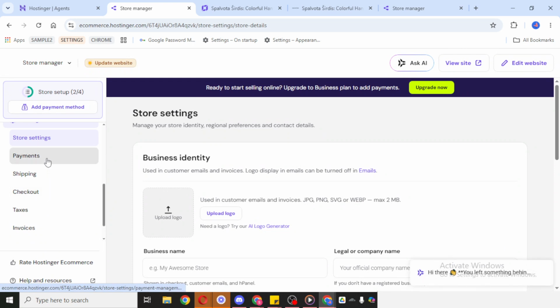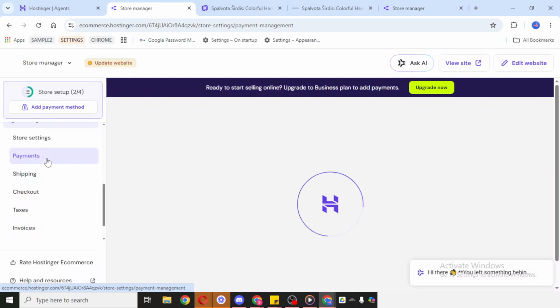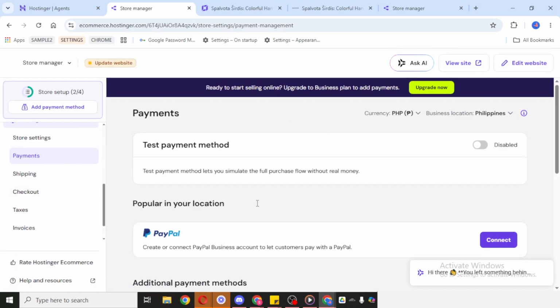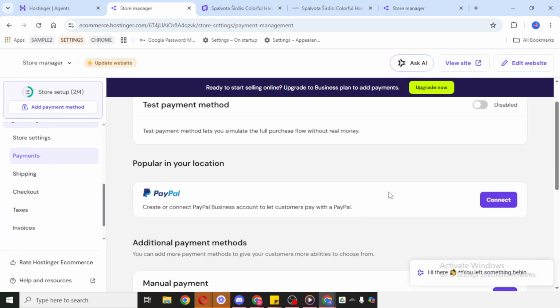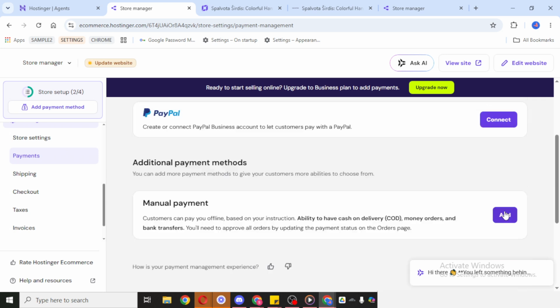If you want to connect a payment gateway, choose the provider you want to use and follow the setup prompts on the screen. These prompts typically guide you through linking your payment account, so transactions can be processed directly through your website. Make sure the information you enter is accurate and double-check that the gateway is supported in your region and matches the currency you plan to accept.